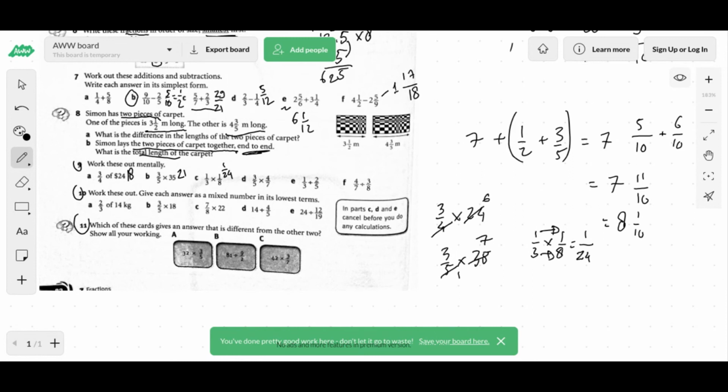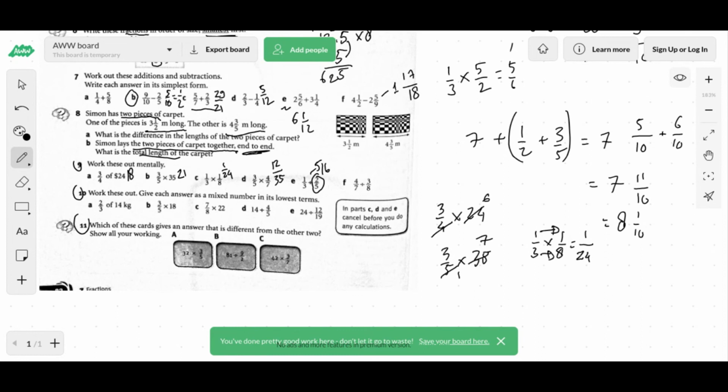And the next one, 3 over 5 times 4 over 7. 12 over 35, nice. Now we come to the division. Remember, in division, you have to change it into multiplication. So you multiply by what in this case? 5 over 2. Remember the reciprocal of this one. So what will be the answer? 5 over 6.